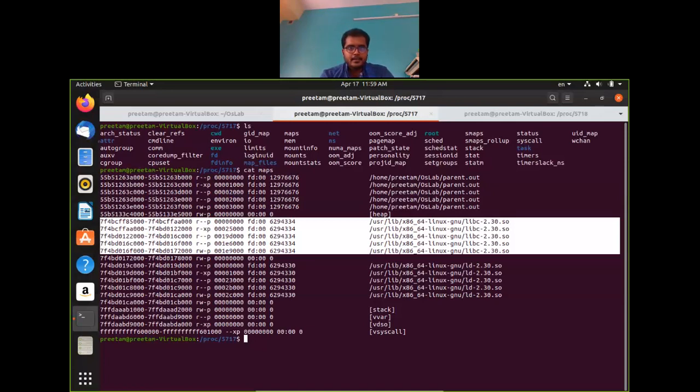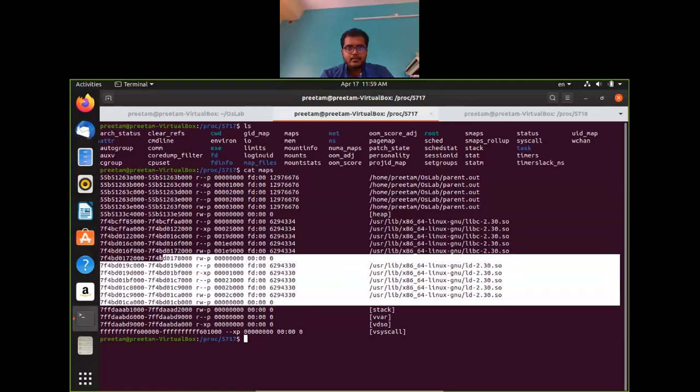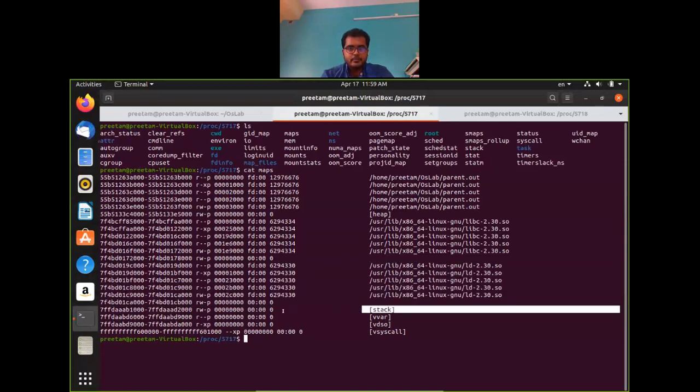And ld is nothing but the dynamic loader. This loader links and loads these libraries and your program together. This is the memory space for the stack of your program.